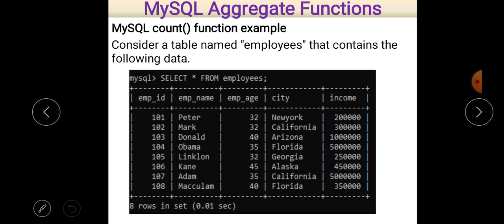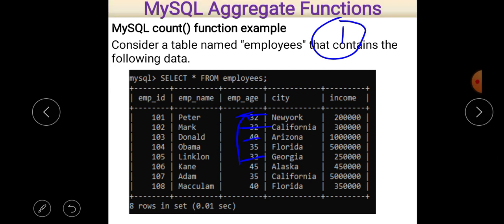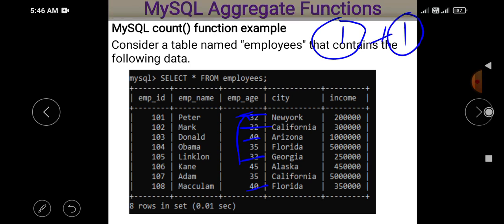that as far as age is concerned, so age is 32. 32 basically repeat 3 times, so it is counted only as a single value, it means 1. After that 40 again you repeat 2 times, it is also counted as a single unit.